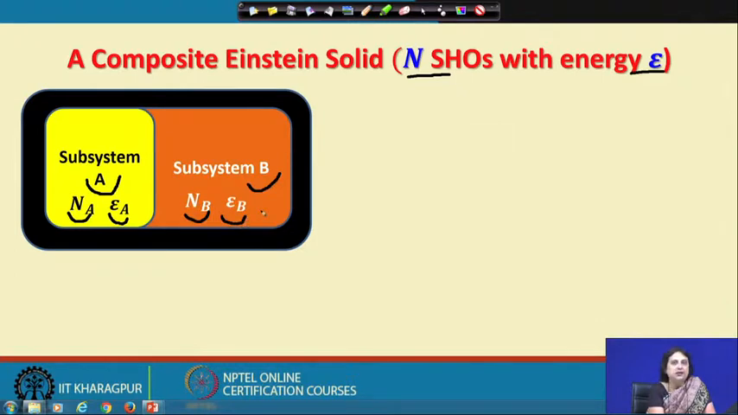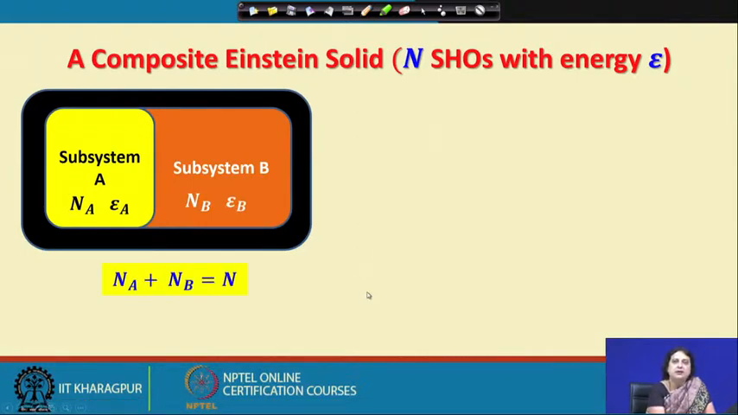with energy epsilon B. Since the entire block of solid is maintained at constant energy, volume and number of particles, these two mathematical conditions must be satisfied: the number of simple harmonic oscillators in subsystem A and the number in subsystem B must add up to the total number of simple harmonic oscillators. Similarly, the energy of subsystem A plus the energy of subsystem B must add up to the total amount of energy